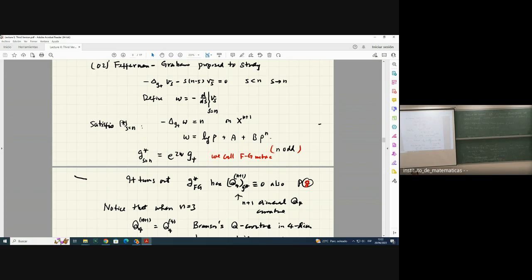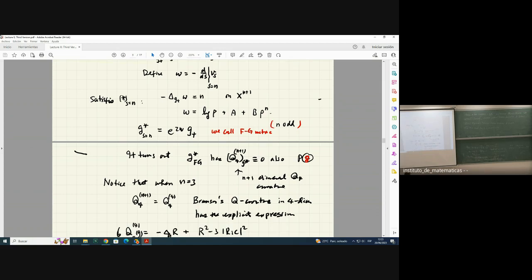equation and compute. So you look at W, which is minus d/ds of v_s, and evaluate at the point s equal to n, and you get this equation, which is, you differentiate this star equation in v_s and evaluate at s equal to n, and that's called W. And this W, using the PDE, will satisfy W is equal to n. And the metric g star, we call it the Fefferman-Graham